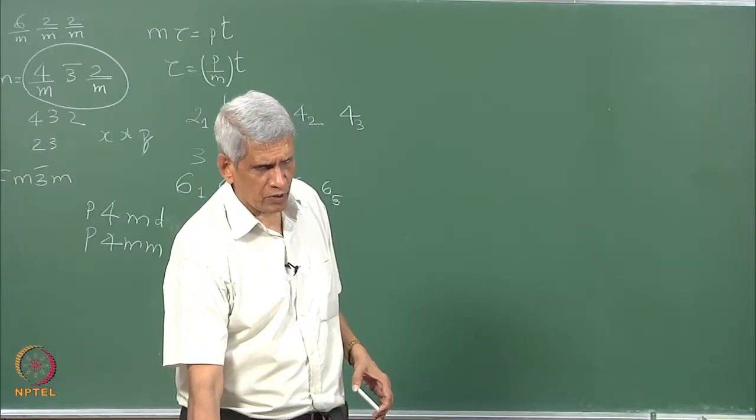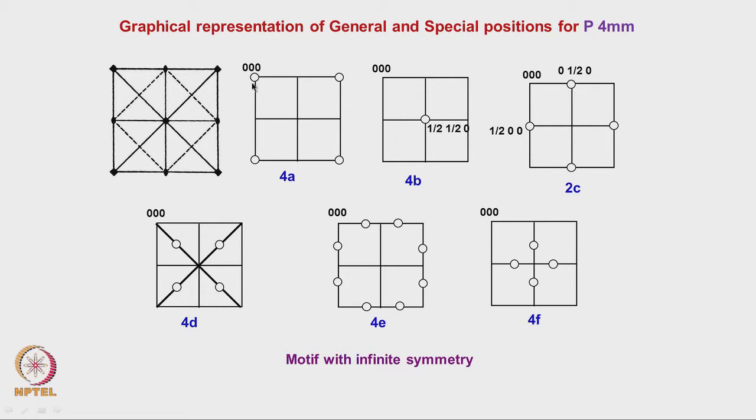Because now you can see here also the same thing which I have shown. If I put an atom here, by translational symmetry this will be generated, all these points are generated. This is what the Wyckoff table mentions as 4a. This is one way in which it can be filled. If I wanted to keep the same atom in this position, then this is the way it will appear in the unit cell. Or if it is at 2c, where the 2mm symmetry is there, these are all the positions with respect to the unit cell which is chosen. These are all the positions at which the atom should be placed.